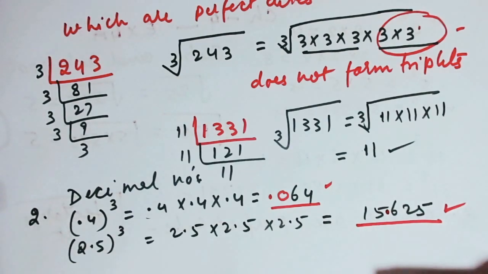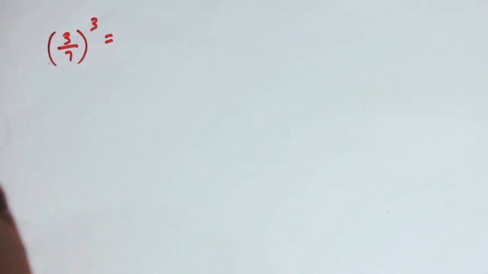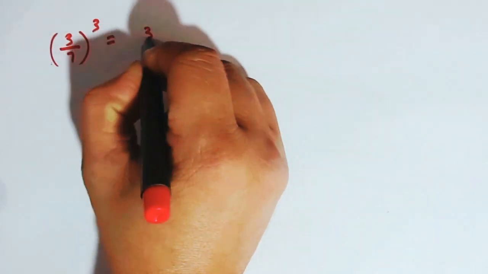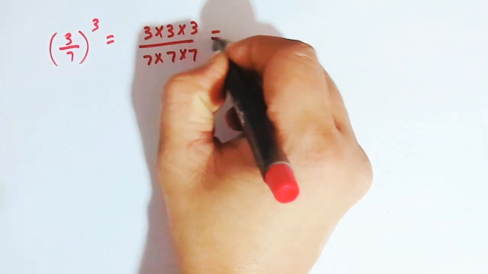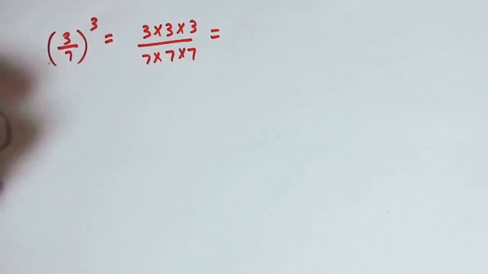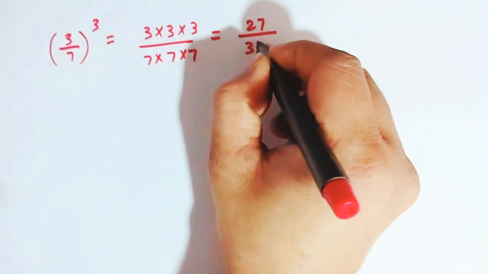Then again, like the previous chapter, when they start proving that you people are fools, which you are not, they will start giving you numbers like find the cube of 3 by 7. 3 by 7 whole cube means what? Naturally, we multiply 3 times 3 times 3 and 7 times 7 times 7, or 3 by 7 into 3 by 7 into 3 by 7. It depends on the way you go. So here you have 27 by 343.